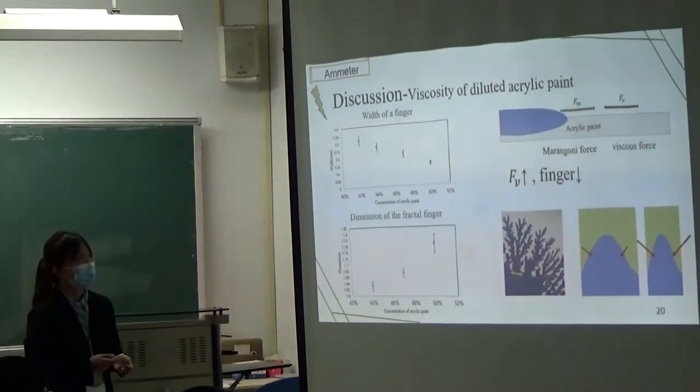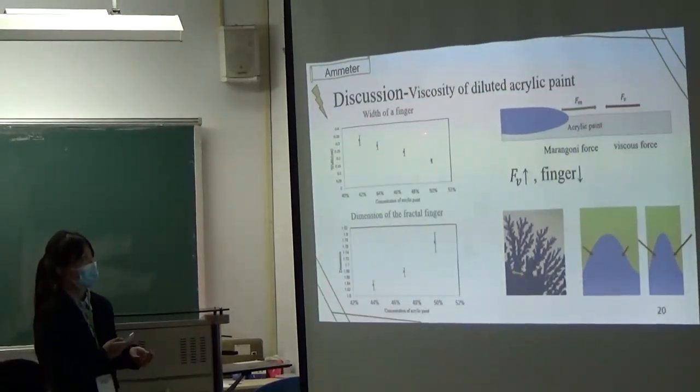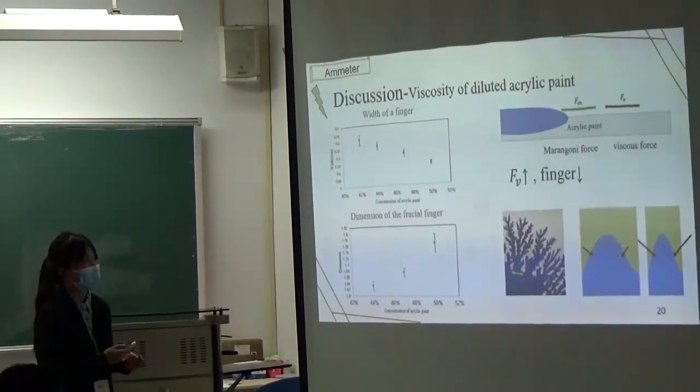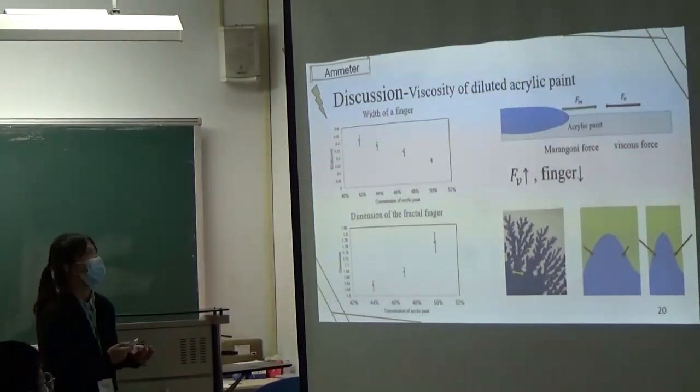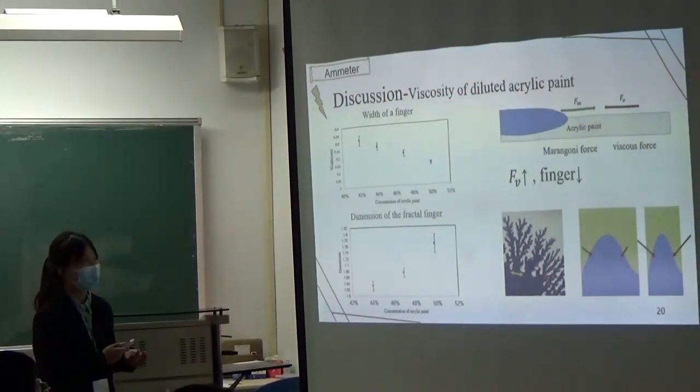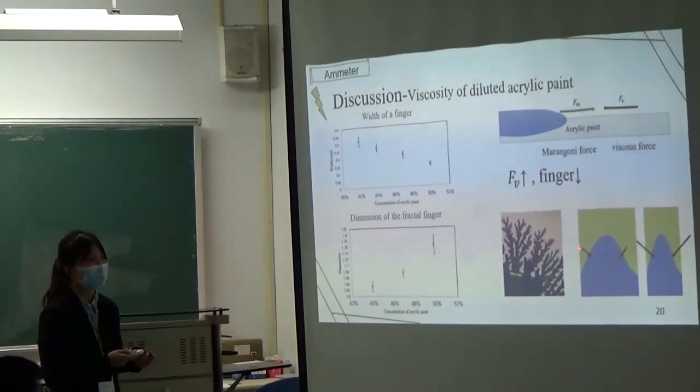And here is the discussion about the viscosity of diluted acrylic paint. This chart is the width of the finger. When the viscous force increases, the width of the finger will decrease, because the viscous force will squeeze from the side